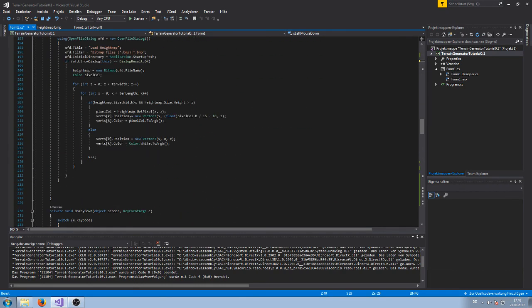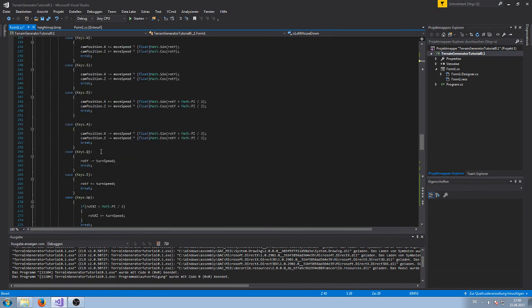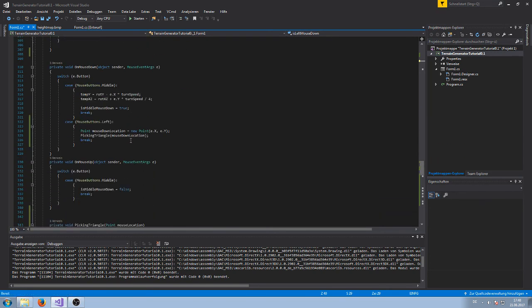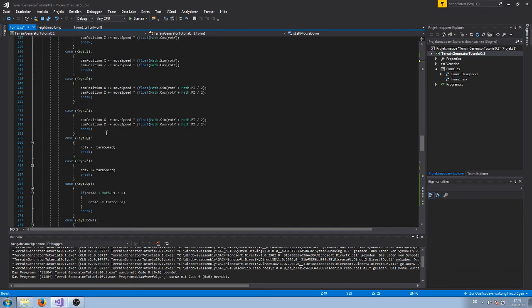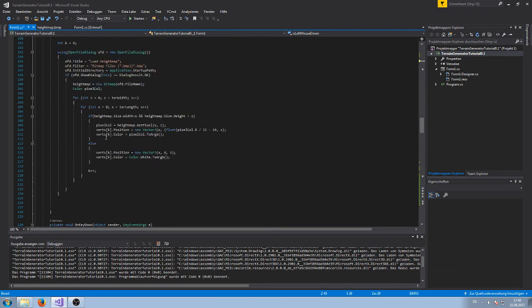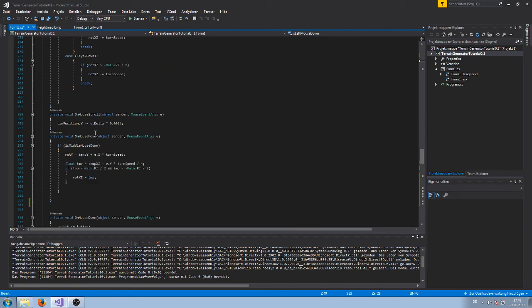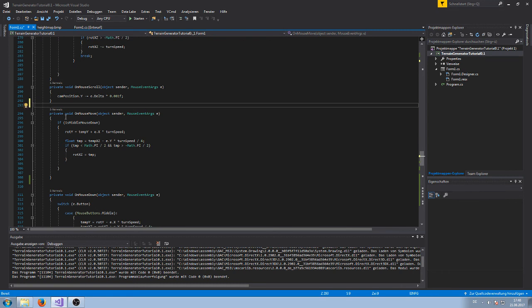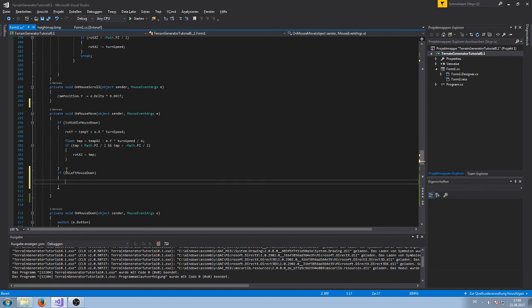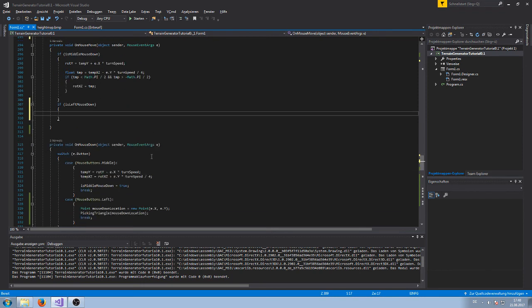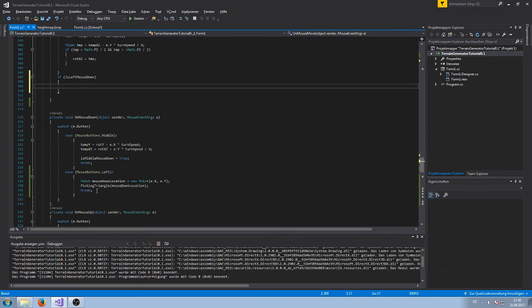We go totally down to, where is the load height map? Mouse down, mouse up, and where is our mouse move? Mouse scroll. Where is the mouse move? Mouse scroll, mouse move, here it is. On mouse move, if middle mouse is down, nope. If left mouse is left mouse down, when this is true, then let's do simply the same